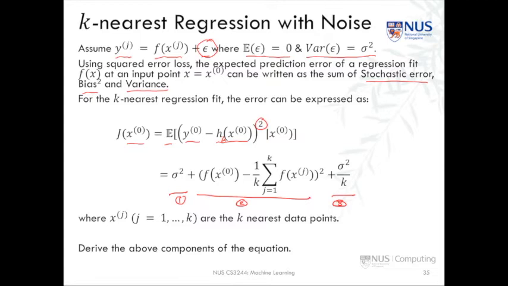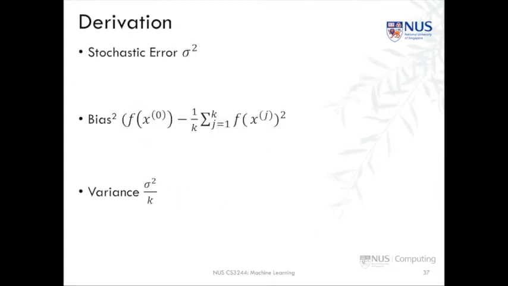And we're going to define some terminology here. We have this particular term, xj, and what that just means is that when we move the index from 1 to k, we're getting the k nearest points to x0. So what we're going to show is that you can decompose it into these 3 parts of 1, 2, and 3, and it is exactly equivalent to the 3 terms that we saw in the last section, where we have one part that's due to stochastic noise, or the problem that we don't observe exactly what we like. There's some error or